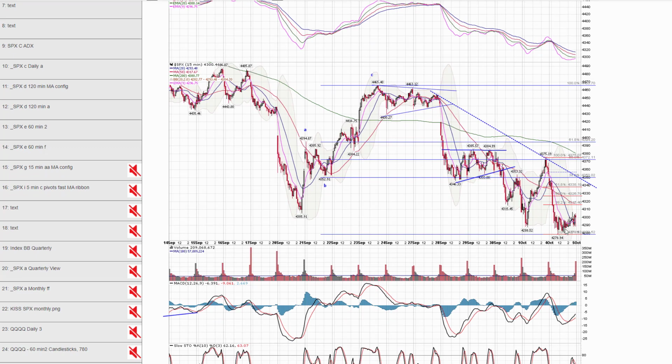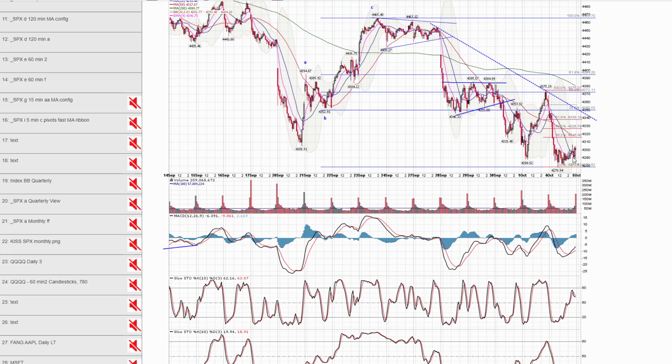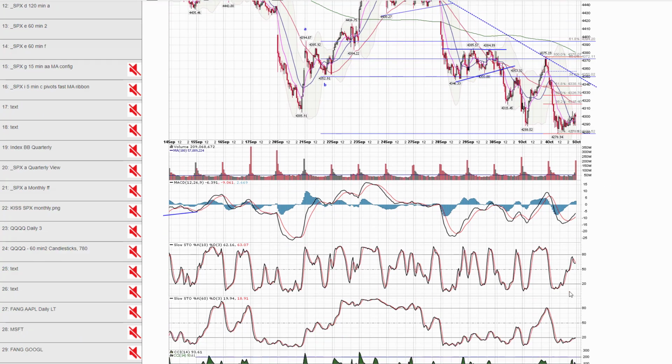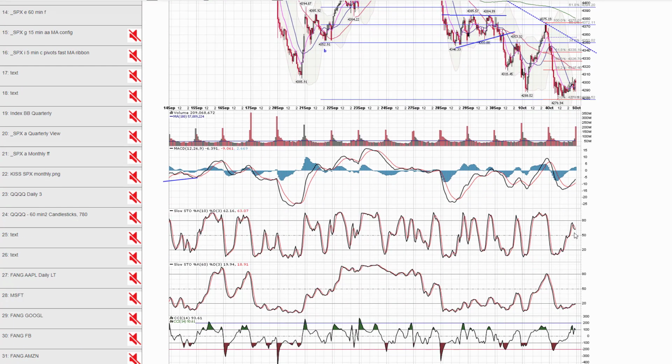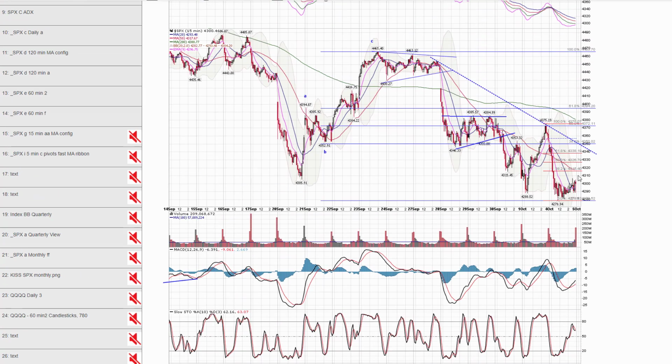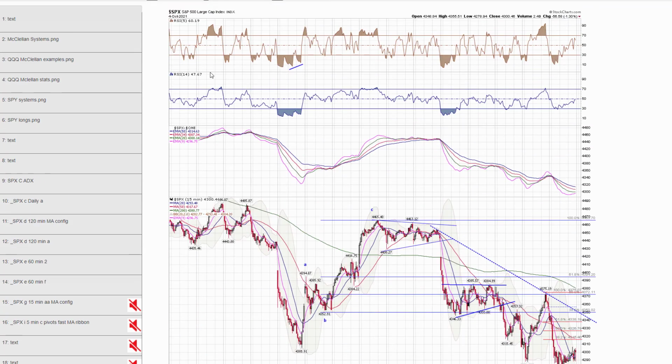Kind of that sideways action late day to me still looks kind of bear flaggish. So I still wouldn't be surprised to see a little move down in the morning. Notice how your faster stochastic has already got fairly overbought here late in the day. I did add fibs here from Friday's highs. It's kind of a marker, should we get a push higher tomorrow morning. But clearly, resistance is the downtrend line here. And again, I think any rally attempt here will still form a lower high and work lower.